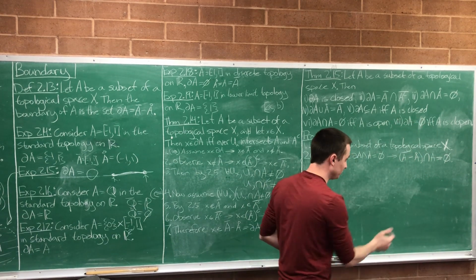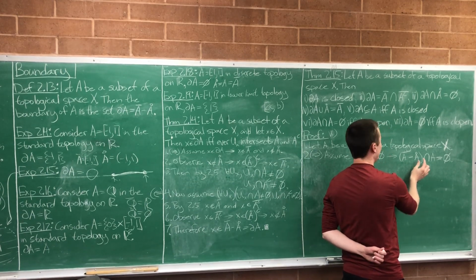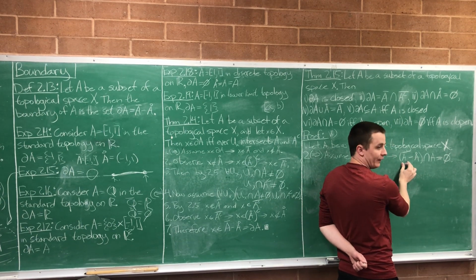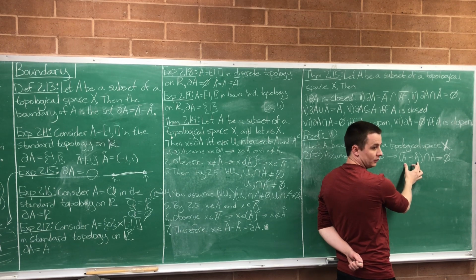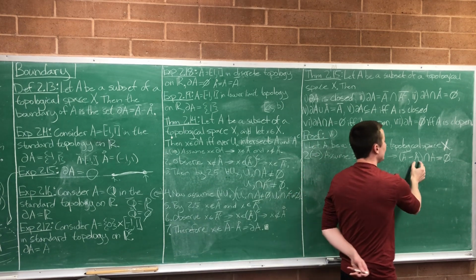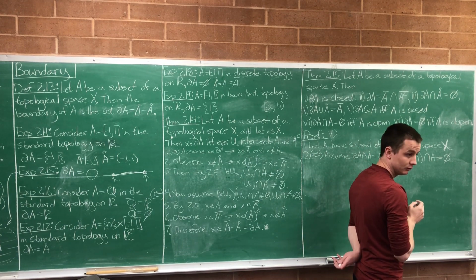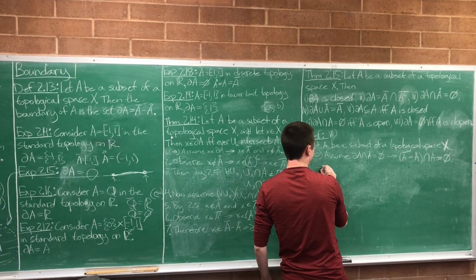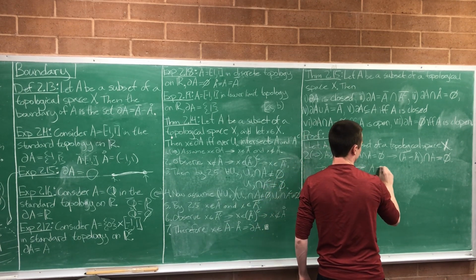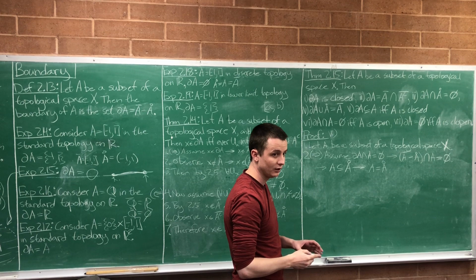Okay, we got some similar thinking here. So I took the closure and I got rid of its interior and I no longer had any points in A. That's what this is saying. I have the closure, get rid of the interior, now it has no points in common with A. So when I removed the interior, I removed A. So A is a subset of A interior, and then that's going to give me that A is equal to A interior, because I know that the interior is always a subset of A. Right. Okay. You follow the thinking there? I think so. Yes, but